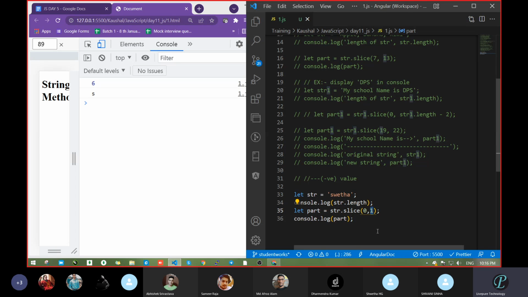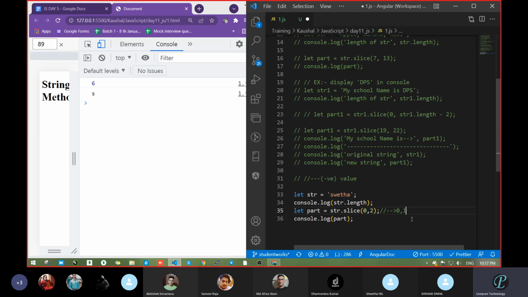Okay. Let's move to the second. Now tell me up to where it will go. Now see how many values it has: 0, 1, 2. Correct or not? This many positions it has now. 0, 1, 2. But what is the last? The last one is 2. So it will not include the last value. Got my point? Yes. As if you have to calculate 5 days, suppose that.